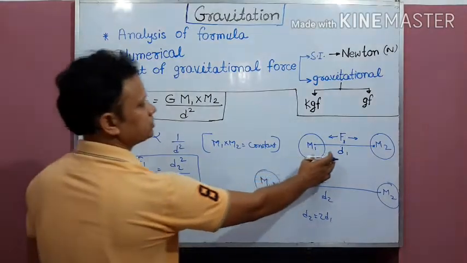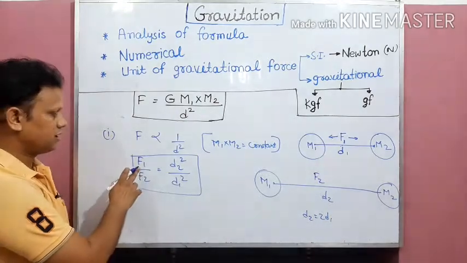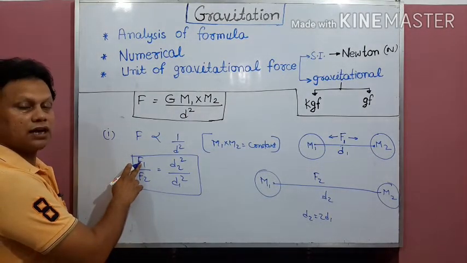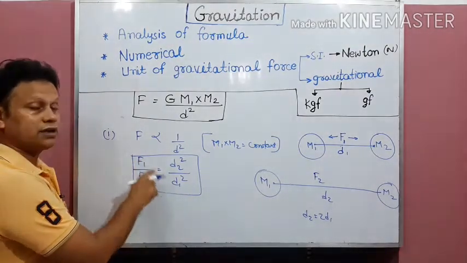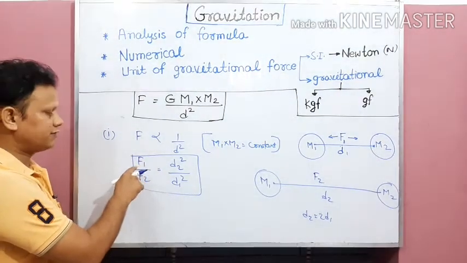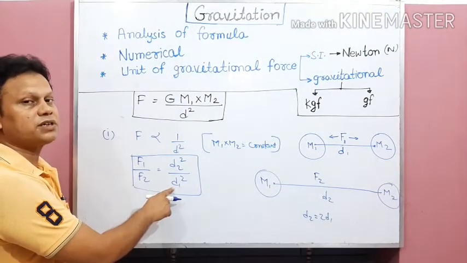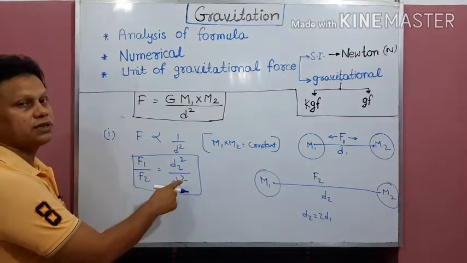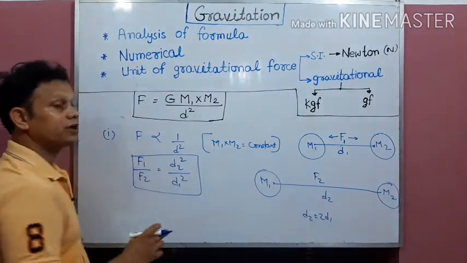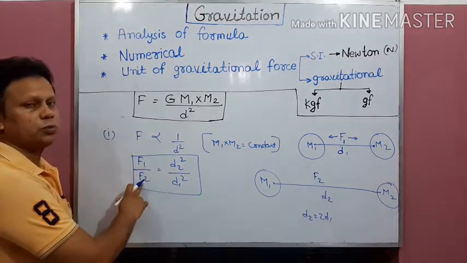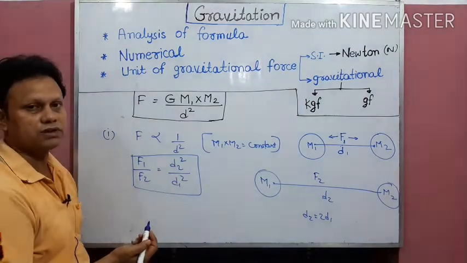Now in this situation the gravitational force is inversely proportional. So how do we write inversely in a smarter way? F1 gravitational force will depend inversely on D1. So that's why it has been written in the opposite manner, that F1 is in numerator, then D1 is taken in denominator. This is the way in which we can express inverse relation. And square has been taken, that you already know. And for F2, the distance will be taken again inversely. Now since F2 is in the denominator, D2 will be in the numerator. And square is again, square law is always followed.